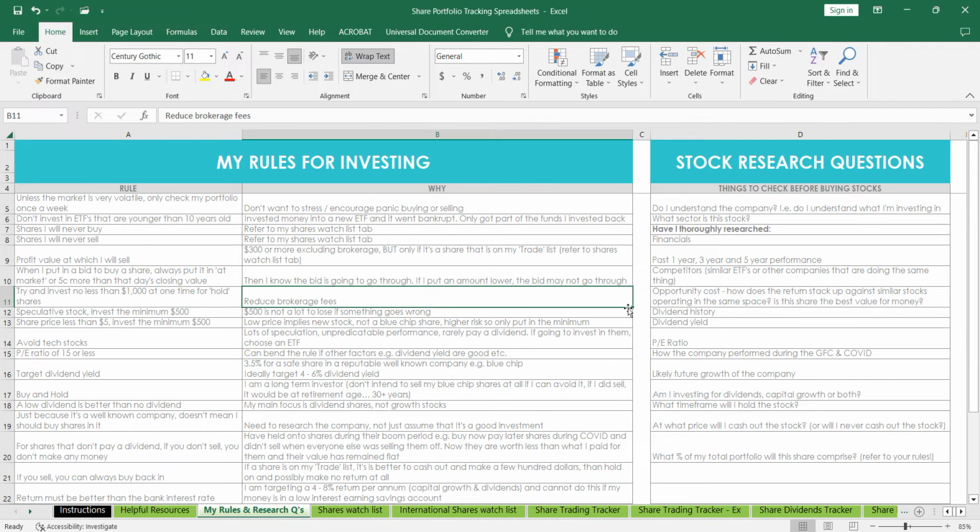Then I created this tab which is my rules and my research questions. So during COVID, I got a little caught up in the tech stocks that went up quite a lot and was doing a bit of buying and selling, and that was never really my core focus. My focus was on dividends, but I did get distracted and I did lose some money on some of those shares, particularly the buy now pay later ones. So after that I said, no, I can't do that again. So I created some rules for myself which I can refer to,